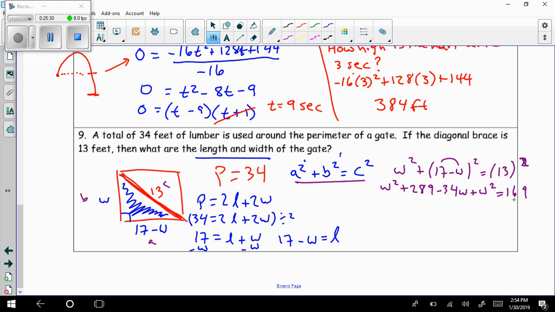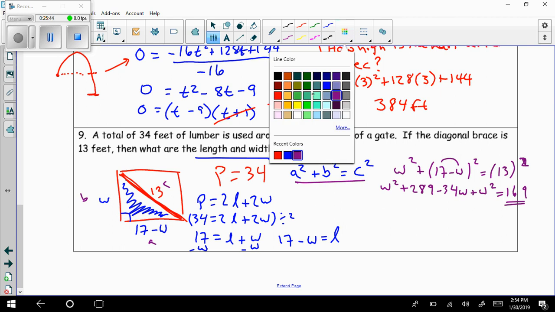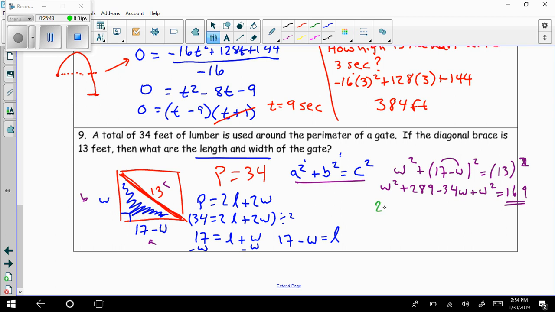Well, this is a quadratic, so I need it set equal to 0. So I'm going to combine my steps here. I'm going to get this set to 0 by subtracting 169 and combining like terms at the same time. So let me switch colors again here. I now have 2w squared, because I have w squared, minus 34w plus 289 minus 169 is 120